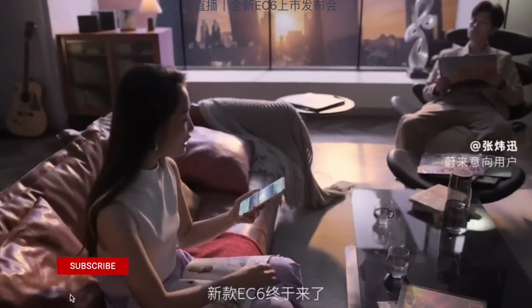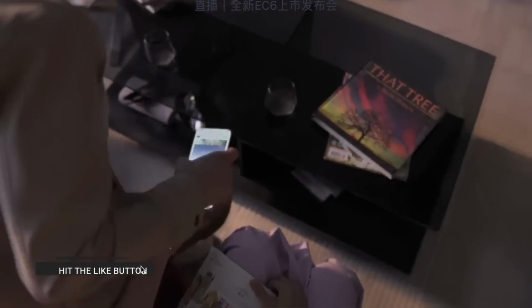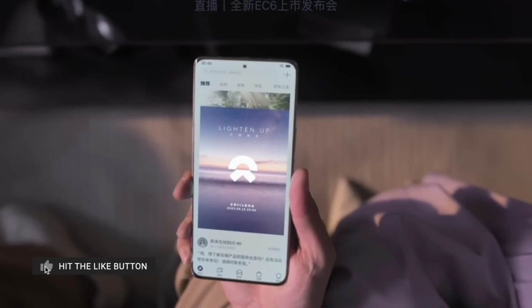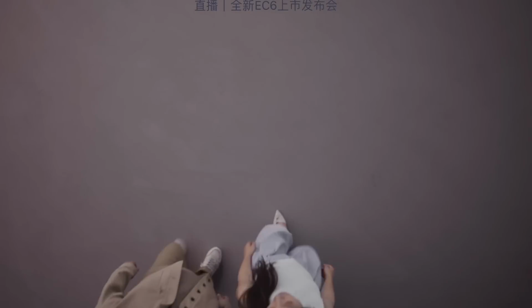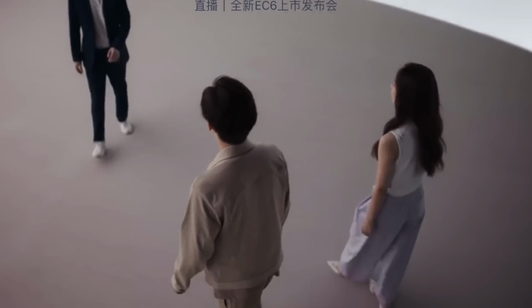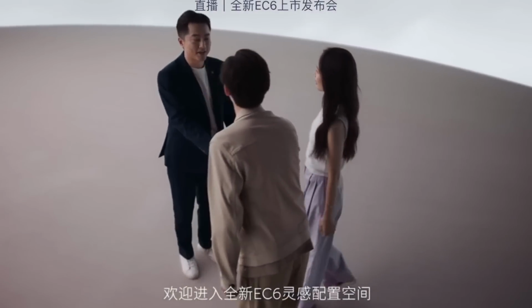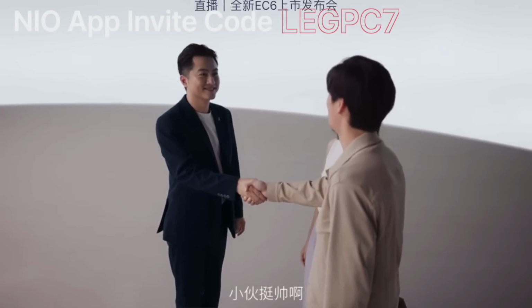So holy smokes guys, the EC6 launch just happened and they're using a very different presentation method than before. A lot of people complained that the ES6 launch took way too long. It was like an hour long and people were just eager to know the price. This time, I think they've nailed it with around 15 minutes of presentation, and the whole launch is